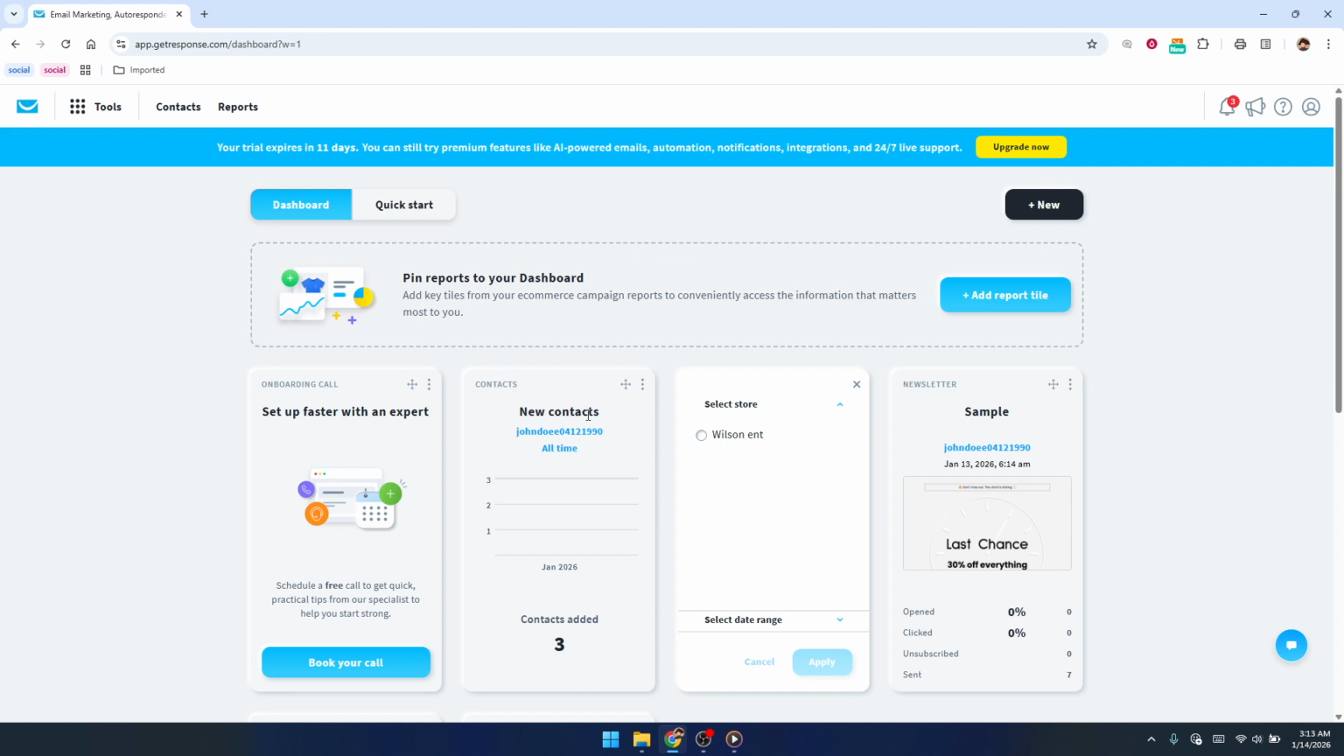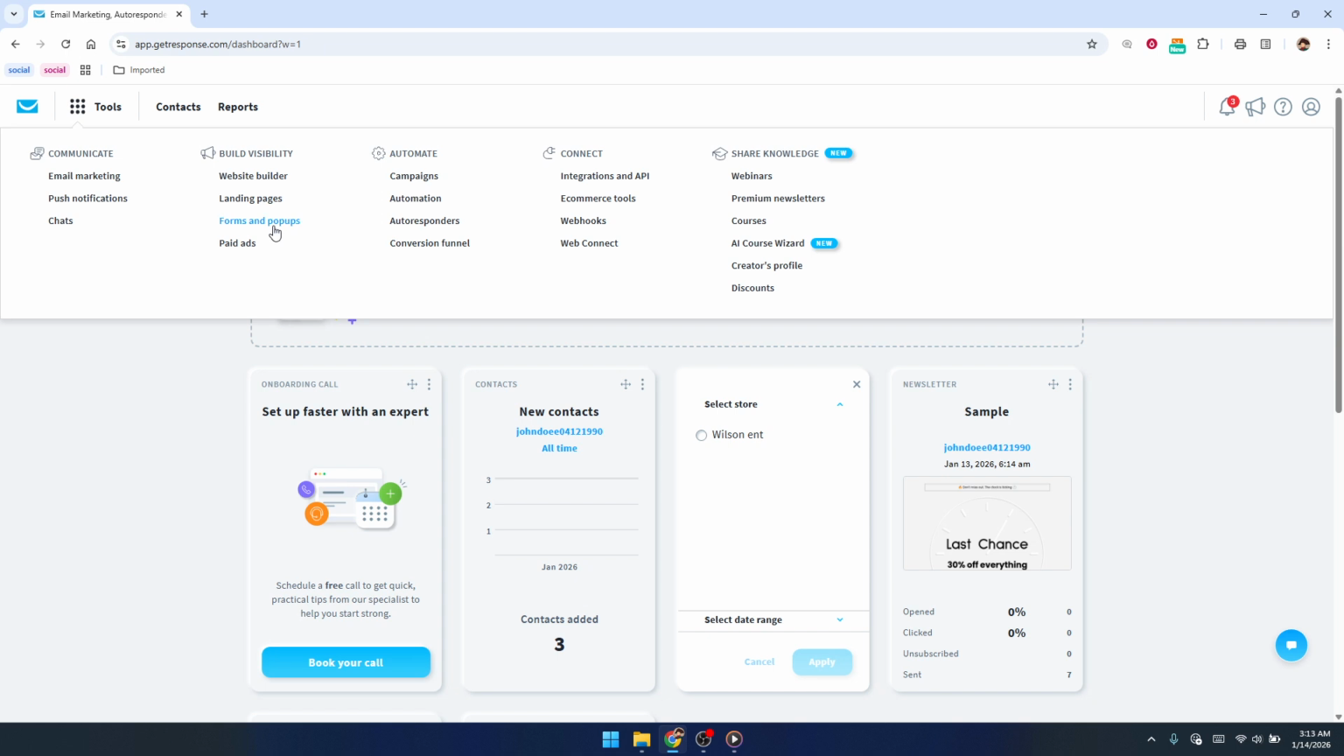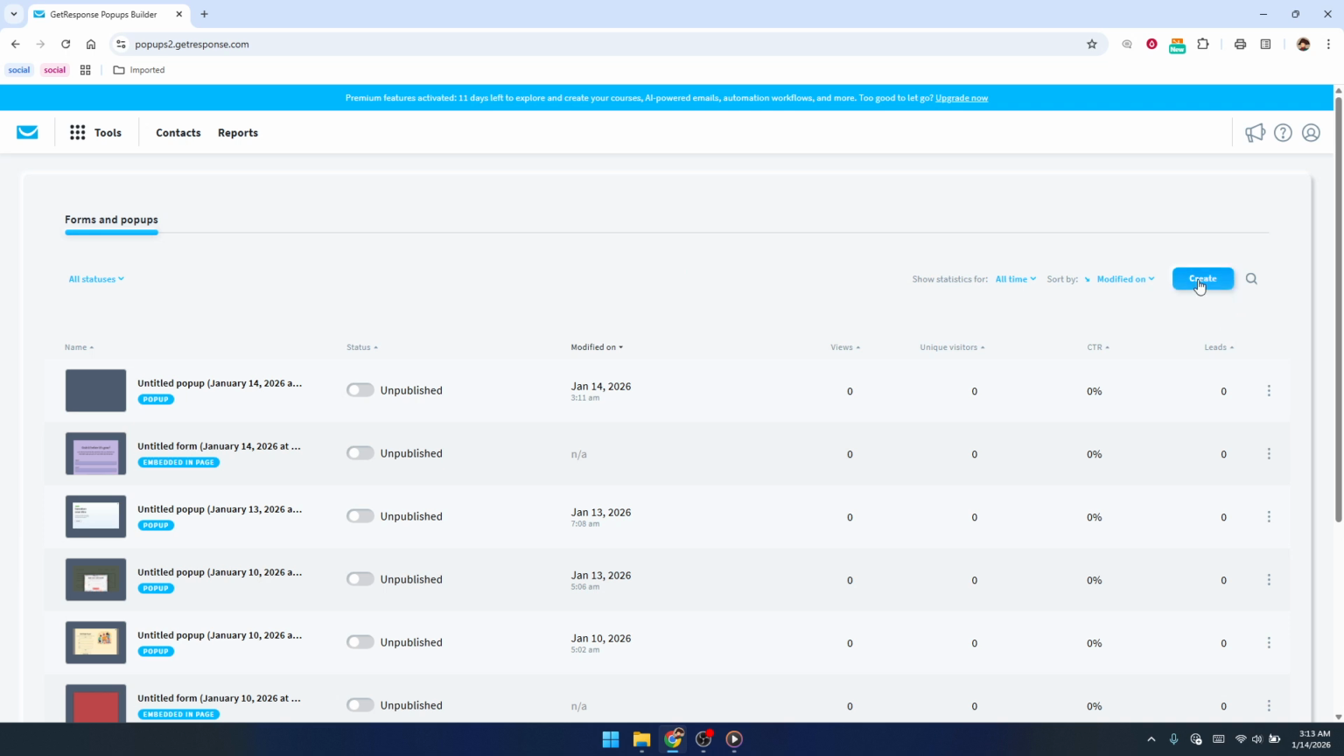Once you're logged in, look for the main navigation menu and go to Tools, then choose Forms and Pop-ups. This is the area where all of your forms live and where you'll be creating new ones. On this page, click the Create button and then select In a Pop-up. This tells Getresponse that you want a form that appears as a pop-up on your site rather than something embedded